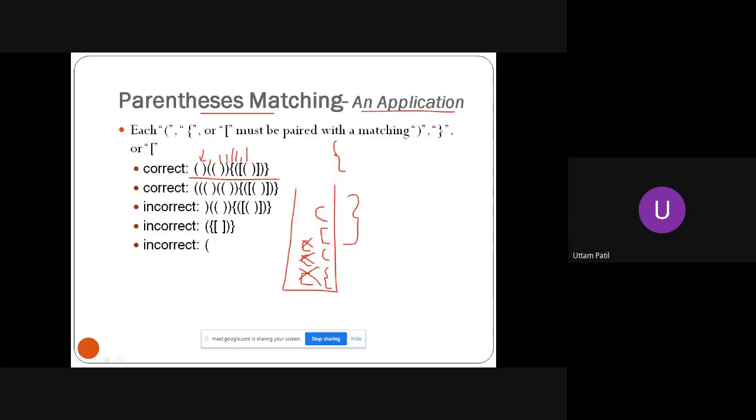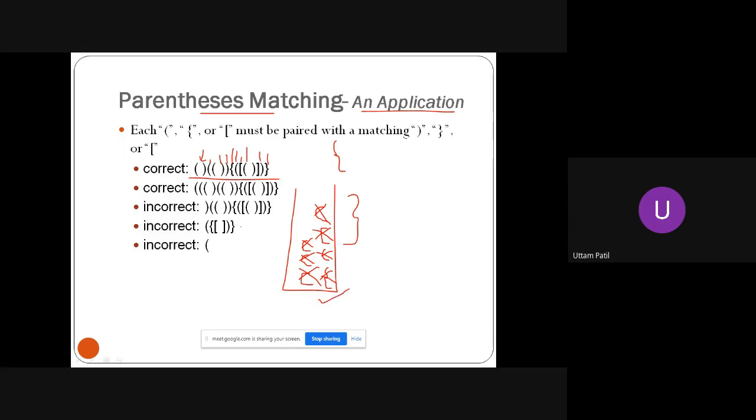Now there is a round bracket closing. I just pop off this. Square bracket closing. There is a match here. I just pop off. Round bracket, there is a match. Flower bracket, there is a match. I just remove it. At the end, you have parsed all these symbols, and you have nothing on the stack, meaning your stack is empty. So if that is the case, the expression is correct. Okay, this parenthesis matching is correct.